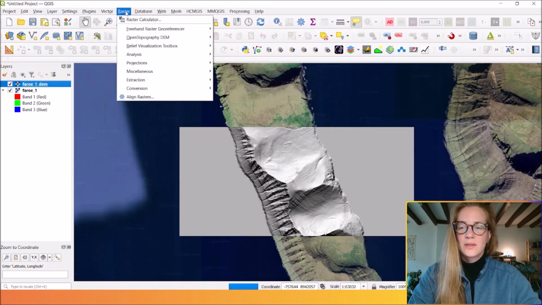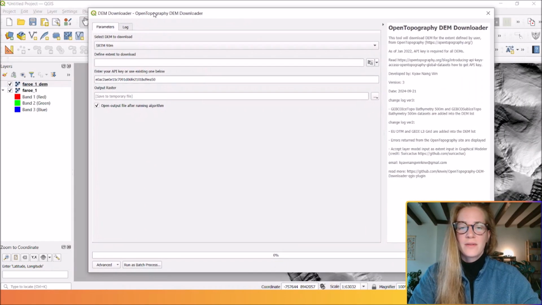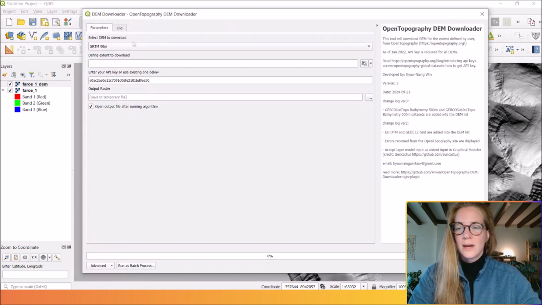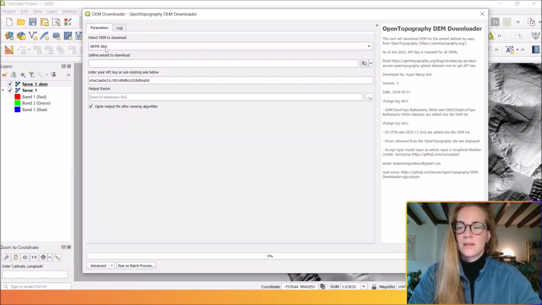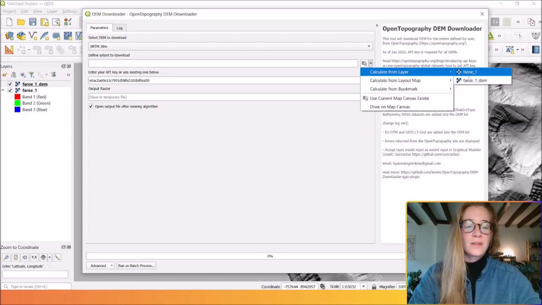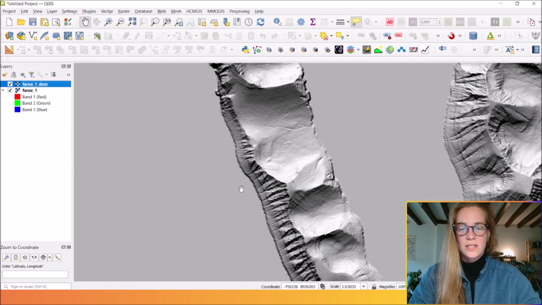Just to know that you can use another open DEM raster open database, for example, Open Topography DEM downloader. Here you have the entire worldwide raster, so the SRTM with a high resolution of 30 meters. So you could have done it with it too, but for this QGIS tutorial, I just wanted to load a